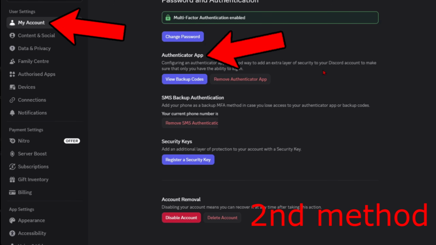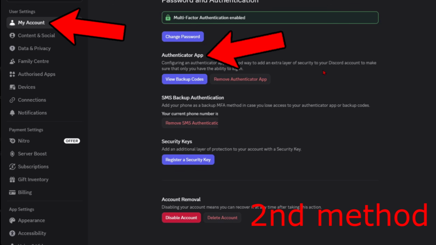Once we're here, you want to scroll down. Make sure that you have two-factor authentication enabled. You want to download the Authenticator app on your phone and then just follow all the steps that will come up here that will show you. I already have it, so that's why I can't really walk you through it, but it's going to tell you what to do. You just want to enable two-factor authentication using the Authenticator application that you will download on your